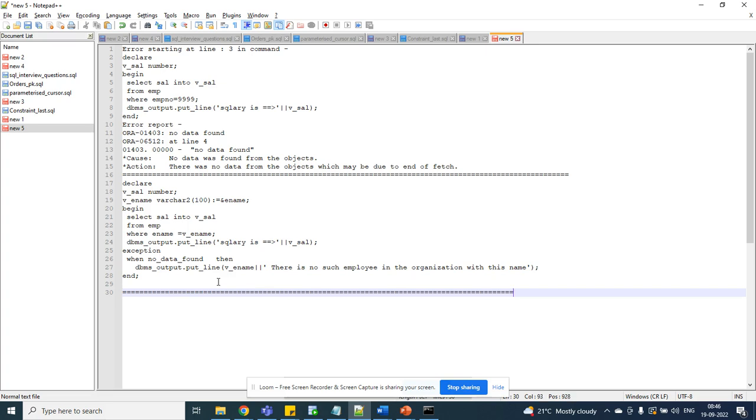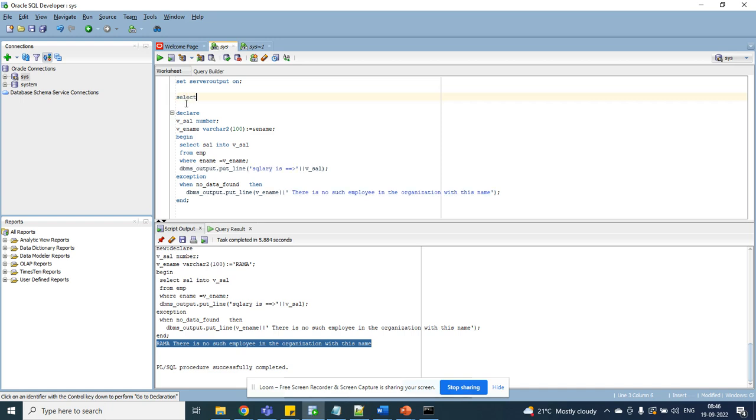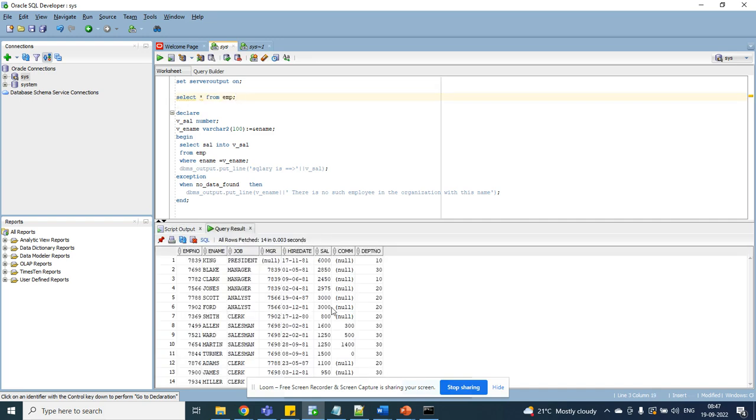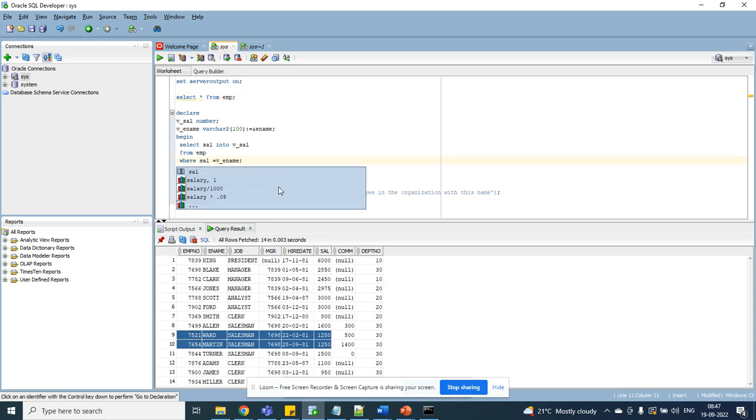Next, anybody tried with some different values? We'll see. Select star from EMP. There are a few people getting the same salaries. If you tried for the employee who is getting 1250, let's say salary equal to 1250, if you tried like this for employee names who are getting 1250,